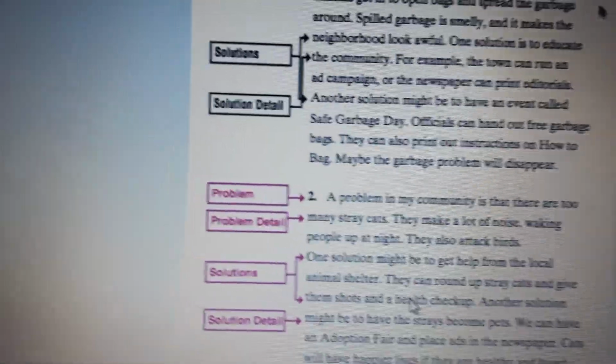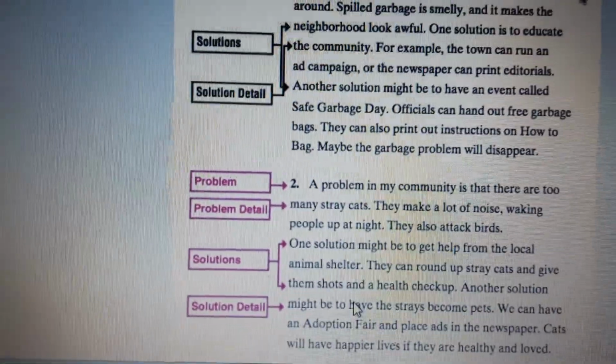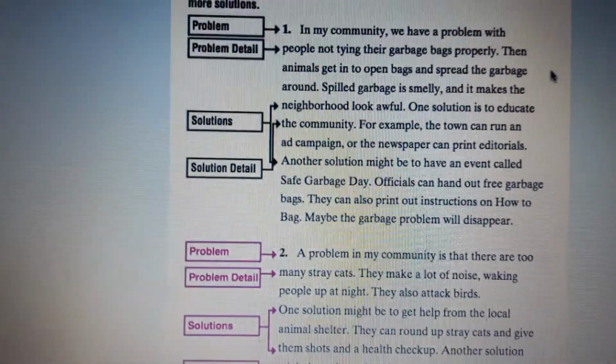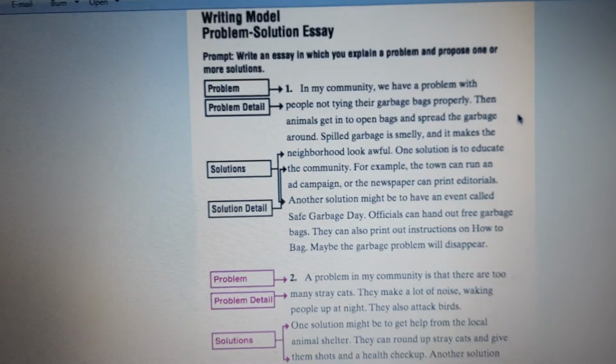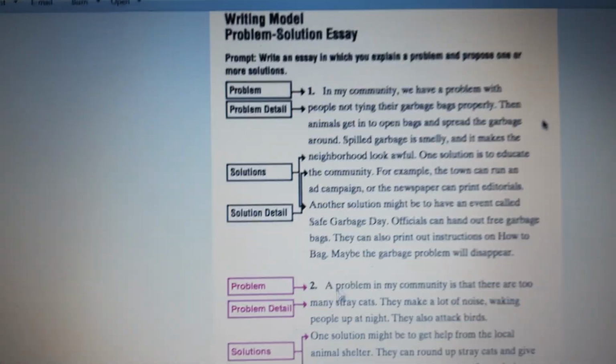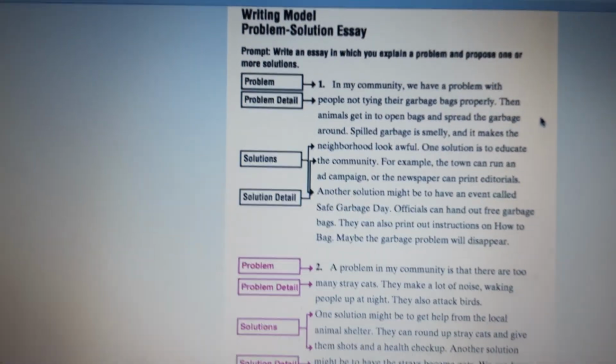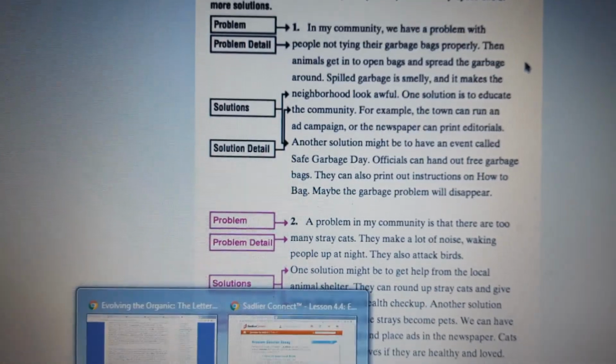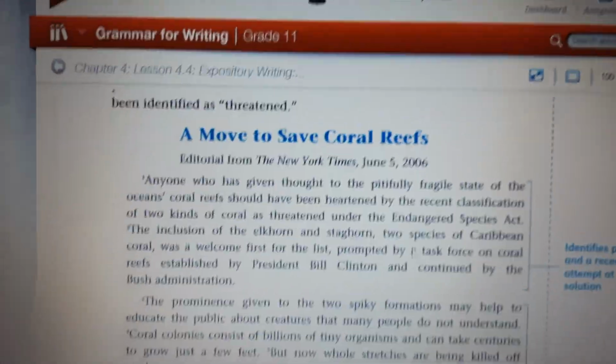So actually, you can choose whatever you want. If you want to write the problems and details for the problem in one paragraph, that will be good. And if you want to write the problem and solution in the main body paragraph, that will be good too. Okay, so here,